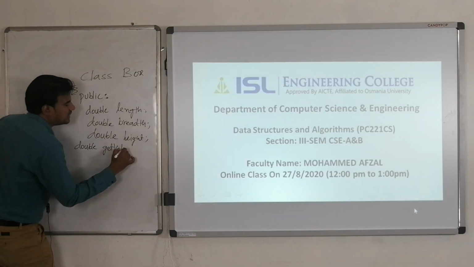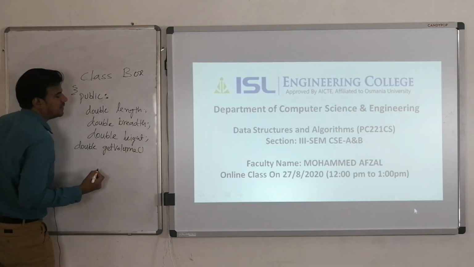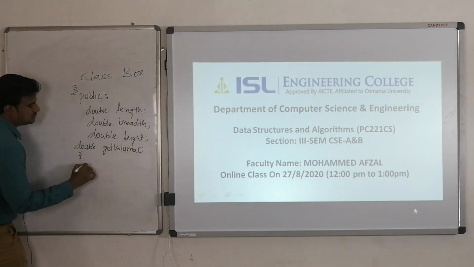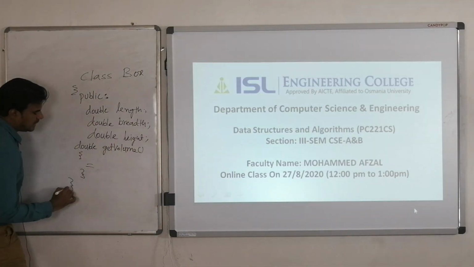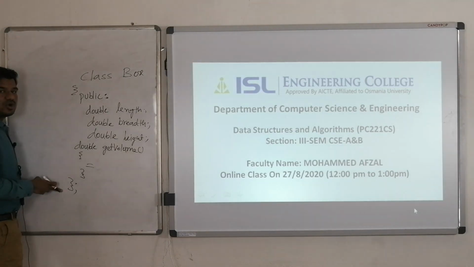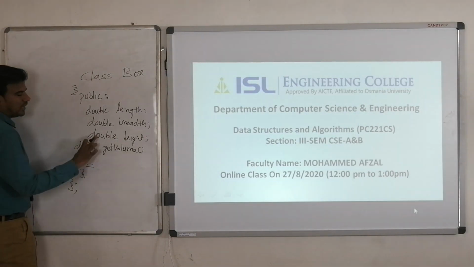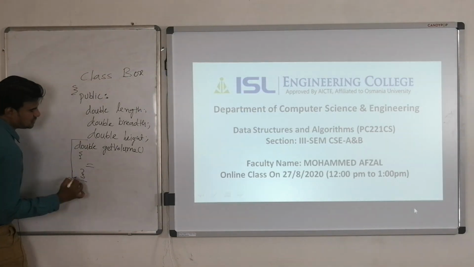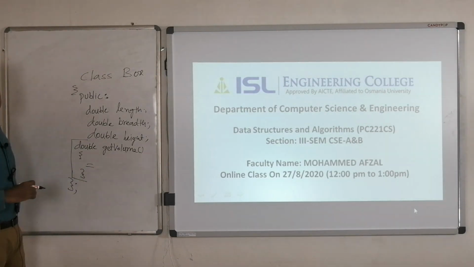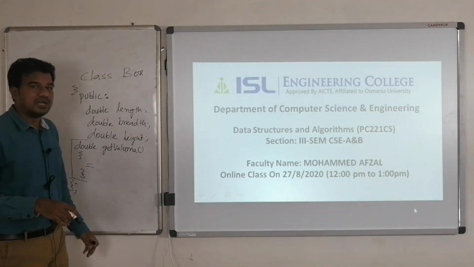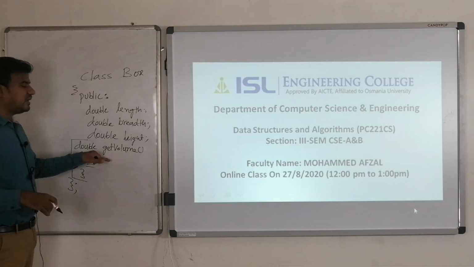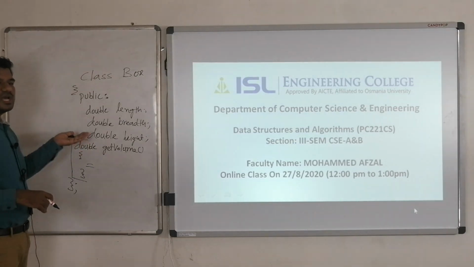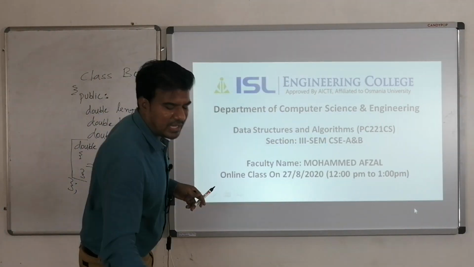When we are writing like this, we have two possibilities. One way is we can write the code of your member function directly inside the class. This is the closing of your class. So in this way you can write the member function declaration and member function definition inside the class. Or the second possibility, simply we can declare the member function within the class and we can write the definition outside the class. How we can?